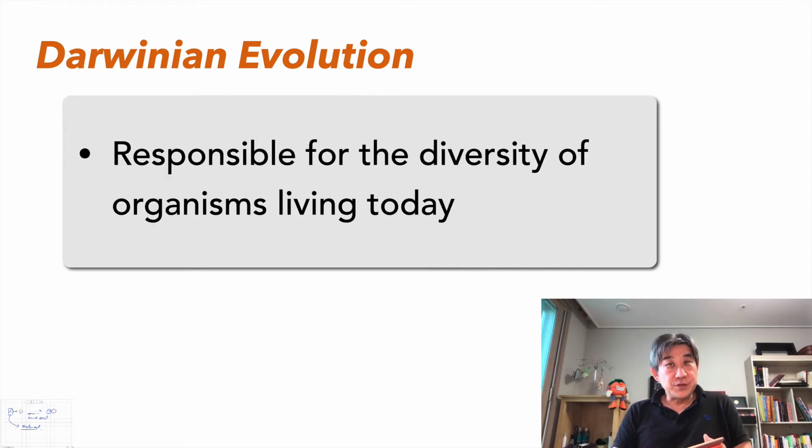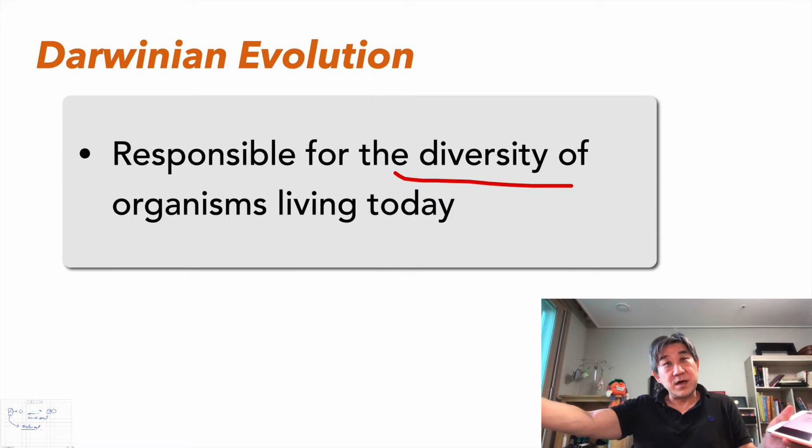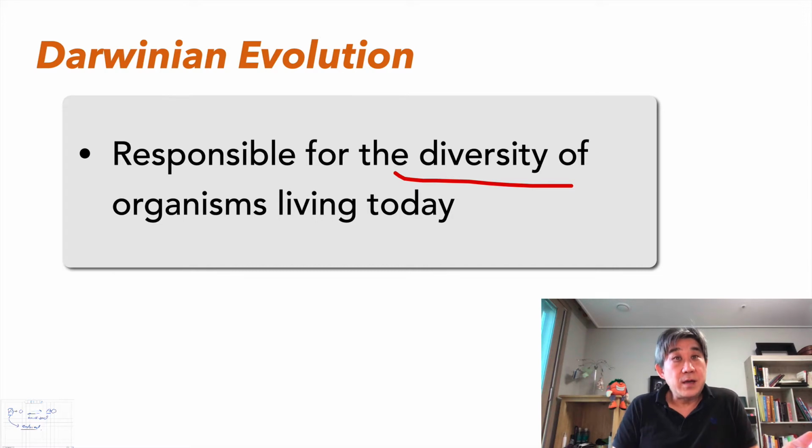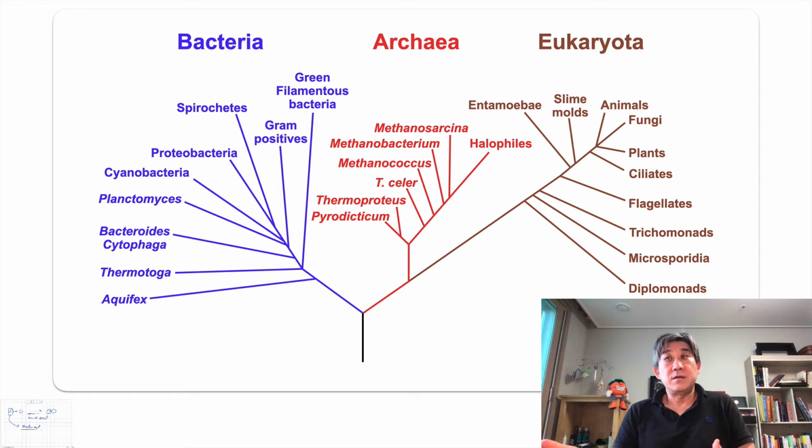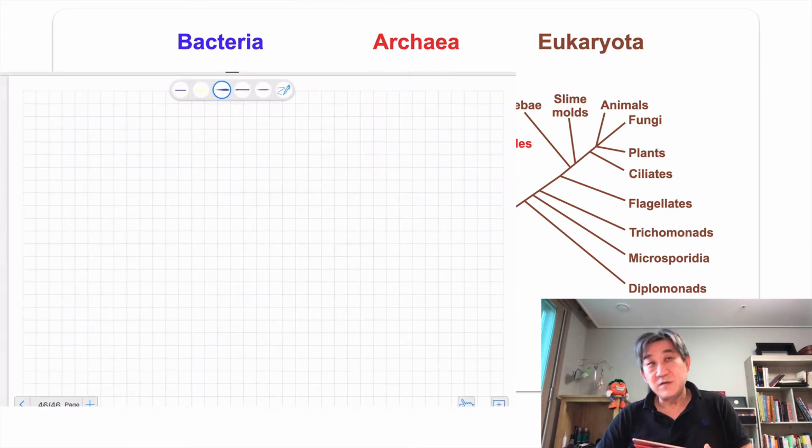And this Darwinian evolution, as we have seen, is going to be responsible for all these different variations, like the diversity of organisms living today, because that's their nature. The gene, the DNA, will change spontaneously over time, and any change in the gene will be manifested by different traits. So here we get to see so much diversity in the form of three different groups of living organisms. We call these the three domains of life.